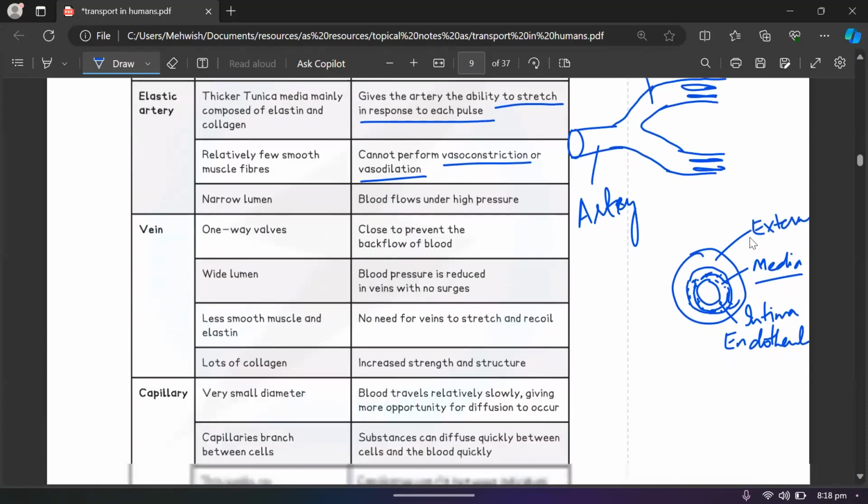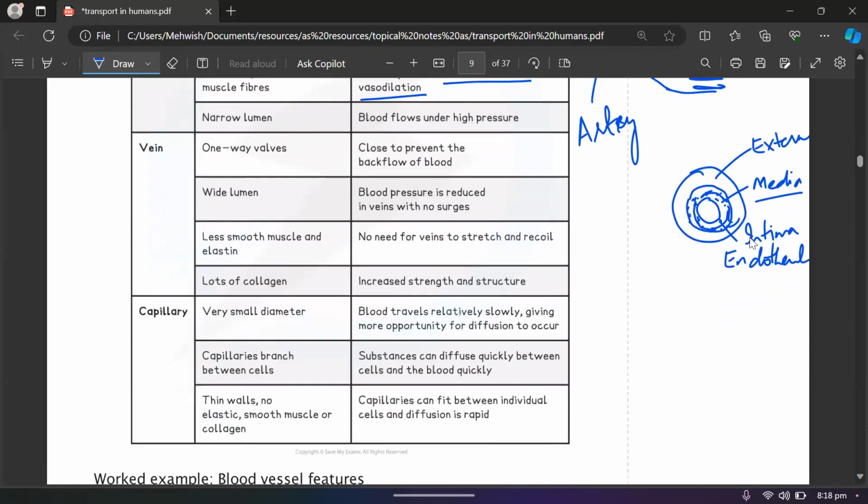वेन क्या है? वन वे वाल्व्स होते हैं इसके अंदर जिनको हम सेमी ल्यूनर वाल्व्स बोलते हैं, राइट। सेमी ल्यूनर वाल्व्स होते हैं वेन्स के अंदर। क्यों होते हैं? Because to prevent the backward flow of blood, because वेन्स में जो ब्लड प्रेशर होता है वो बहुत कम होता है, राइट। बैकवर्ड फ्लो पॉसिबल होता है वेन्स में, लेकिन at every few centimeters, inches, right, हमारे